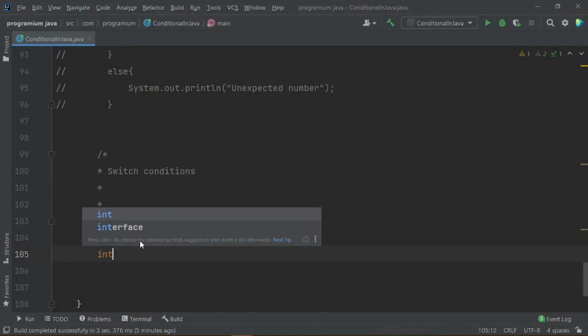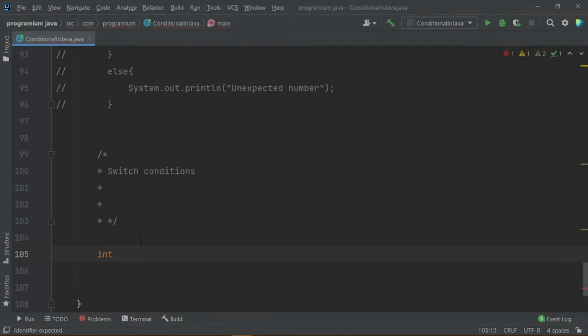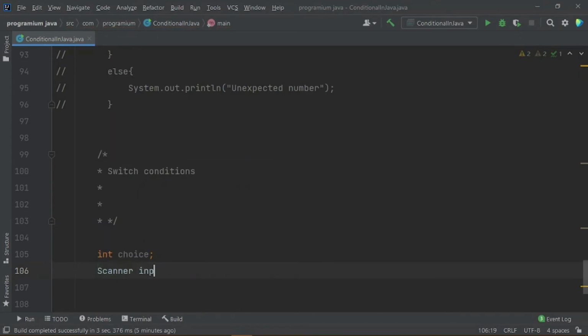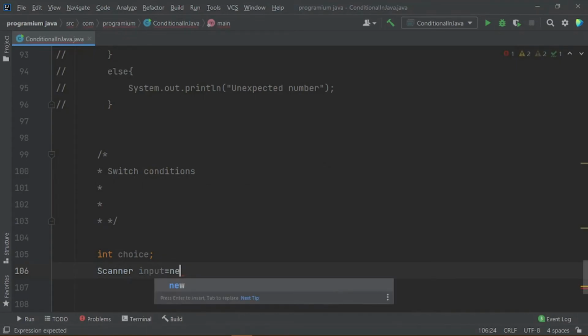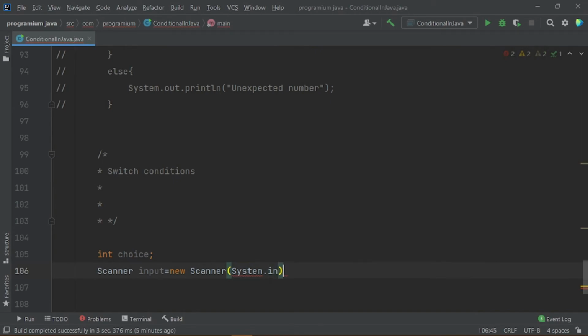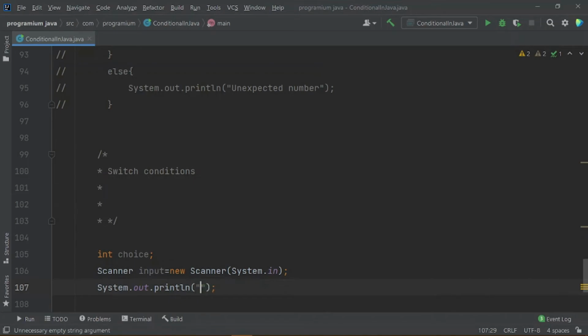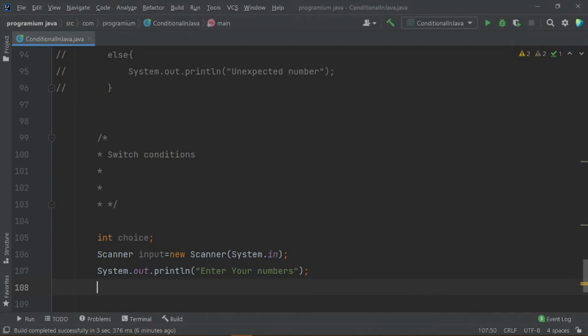So let me again write an integer here, which I would call choice, and create a scanner object by the name of input, new Scanner(System.in). So I am prompting the user to enter a number and storing it in this variable.